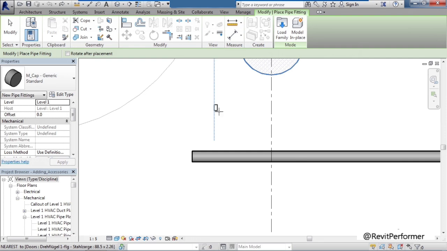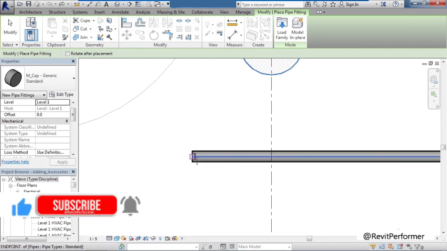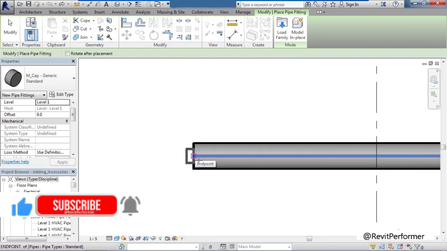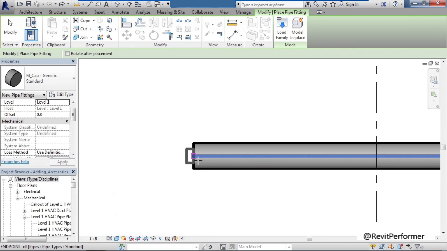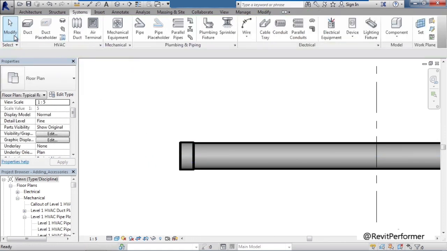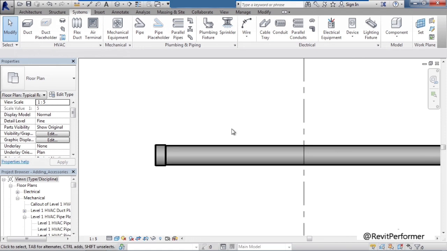So I'm going to use the MCAP generic standard end cap to place on the end of this pipe. So basically what I need to do once I select the actual type of what I'm using is to mouse it over the actual center line of the pipe. And then I will move out to the end and snap this off of the end of the actual pipe itself. When you see a position like you see on my screen, simply click that object snap, and what will happen is Revit will snap that pipe fitting to the end of the pipe segment. Click Modify. Now another example is to place a pipe accessory.